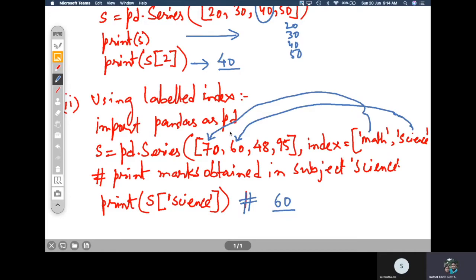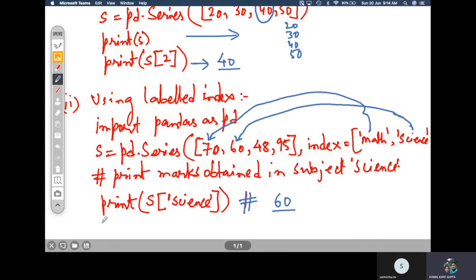Now one thing that I told you last day to note is that even if you are labeling the series elements, you can still access them using indexes. Indexes are also applicable because they are intrinsic. They are inseparable, not separated out. So indexes are an inseparable part of a particular series. Labeling does not replace it. That is one thing that must be remembered.